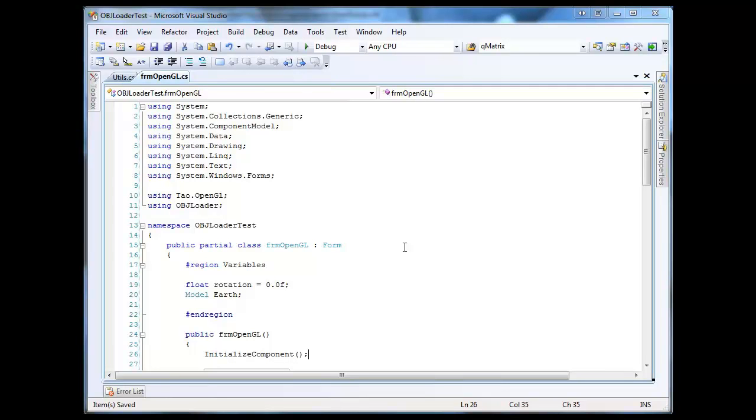Hello everyone, and welcome back again to another lesson in this OpenGL series. In this lesson I'm going to show you how to use the OBJLoader, which I've provided for you, in order to load OBJ files which contain objects you have modeled and textured inside Maya, exported in OBJ format, and now import inside